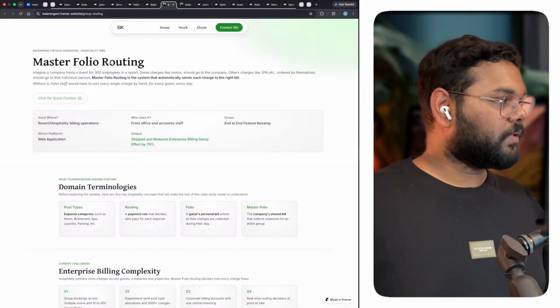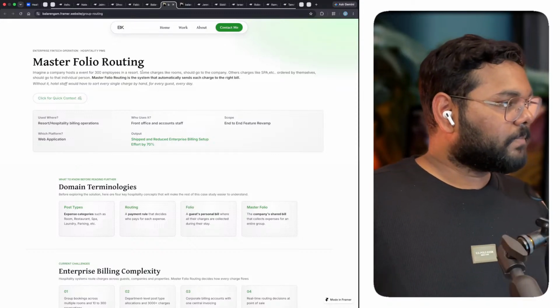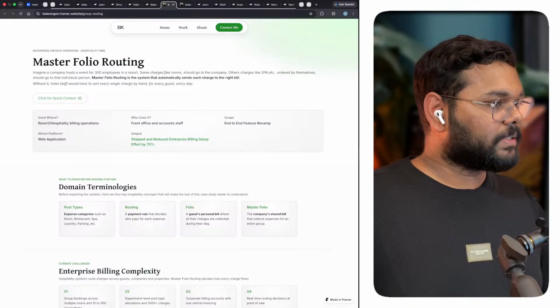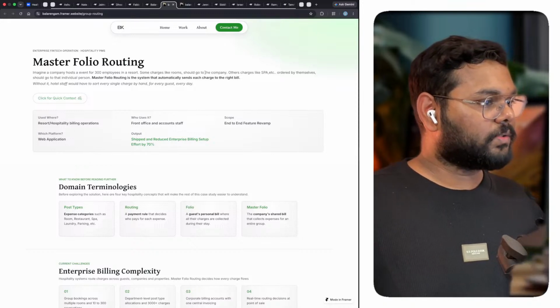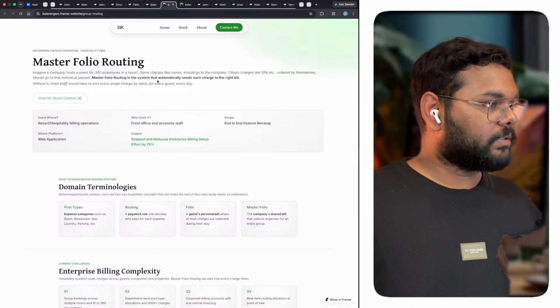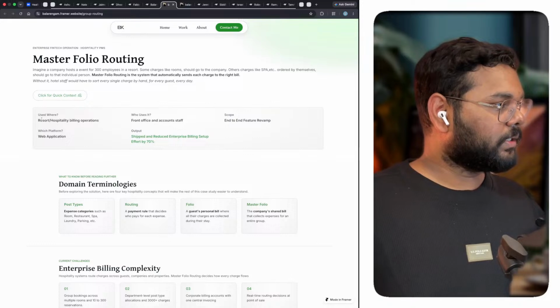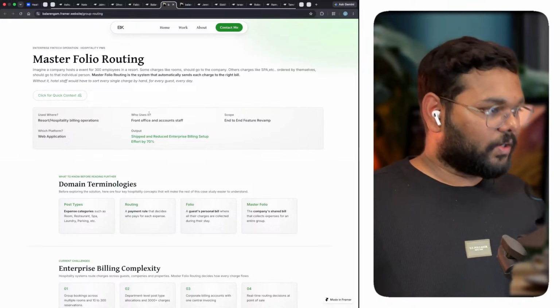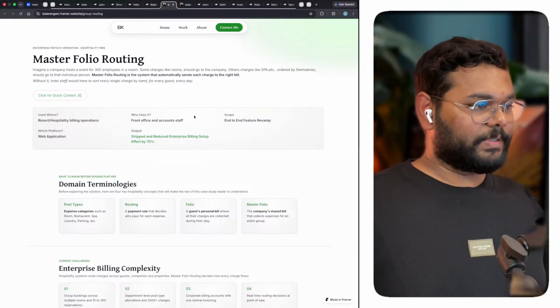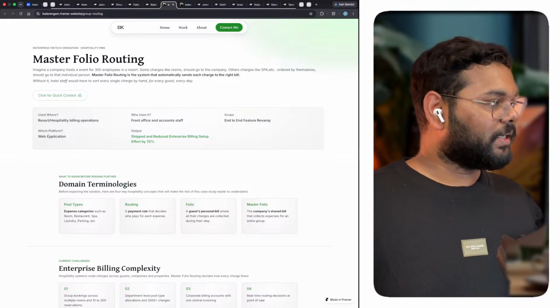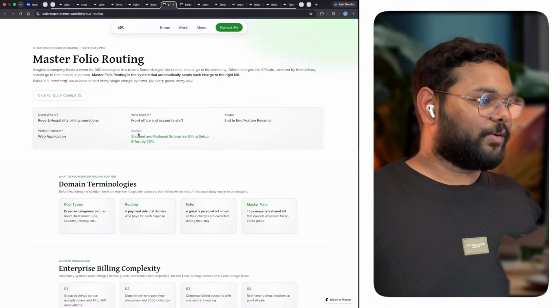Master folio routing. Okay. Some charges like rooms should go to a company. Okay, great. So where used, who uses it, the persona, right, the scope, which platform, and output,